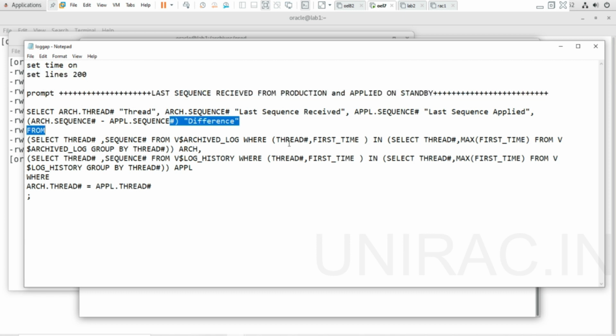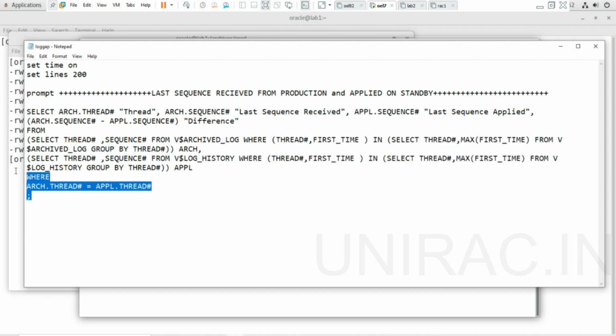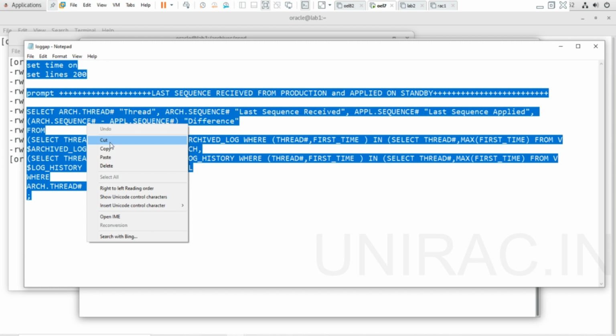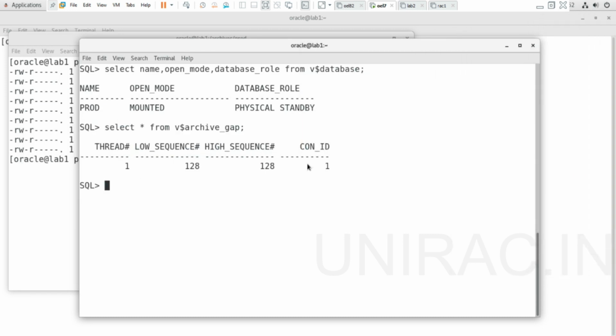You can get the last sequence received and applied, when it was received, and what the last sequence number received was, from v$archived_log and v$log_history. Using a join condition, we can use this query to get the output, the gap between primary and standby.